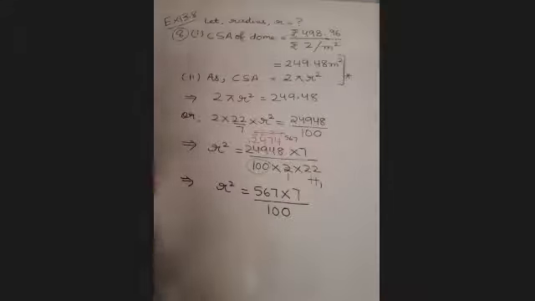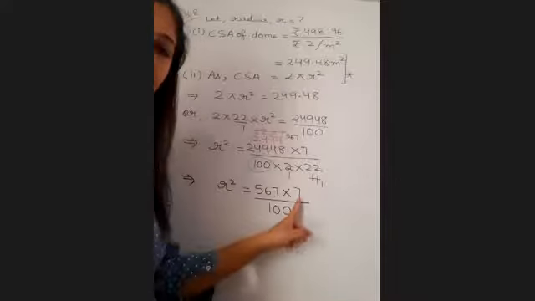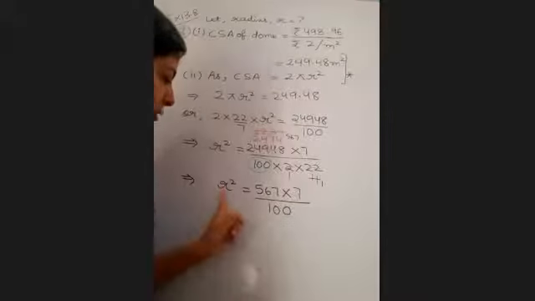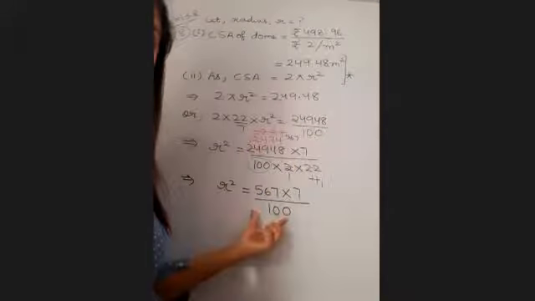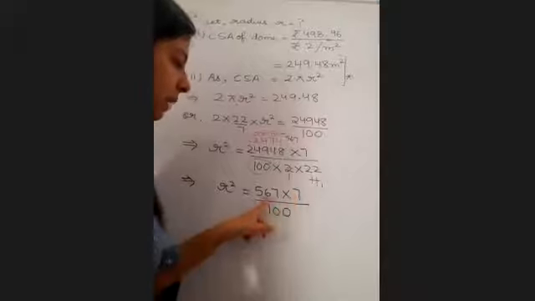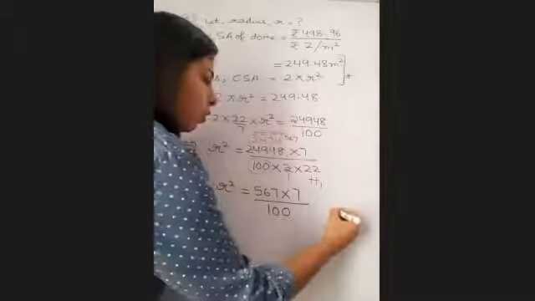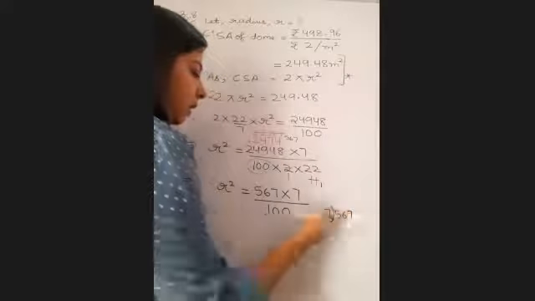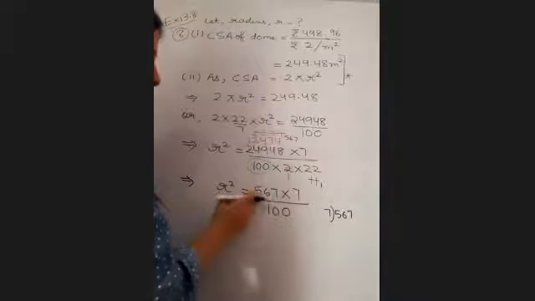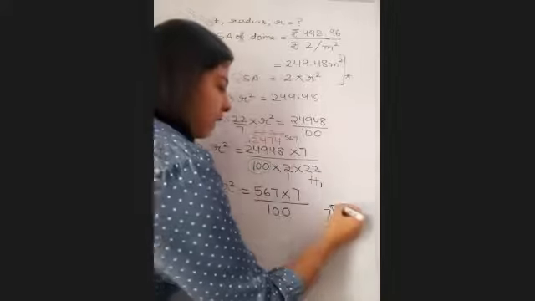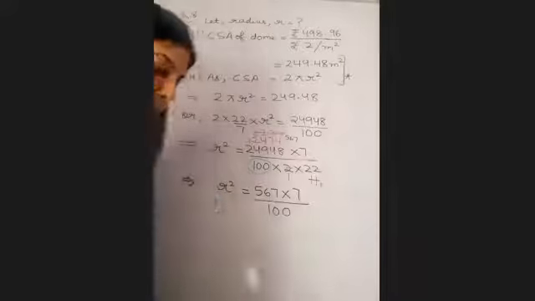Now please pause here and understand what I'm going to tell you. We already have 7 and I need r square. R square means everything should be in pairs. So definitely this will be divisible by 7. So you divide 567 by 7 to see what you get. Are you getting my point? I want things in pairs here. So 7 is alone, and I will find the pair of 7 from within this. If we divide 567 by 7, what do we get? 81.